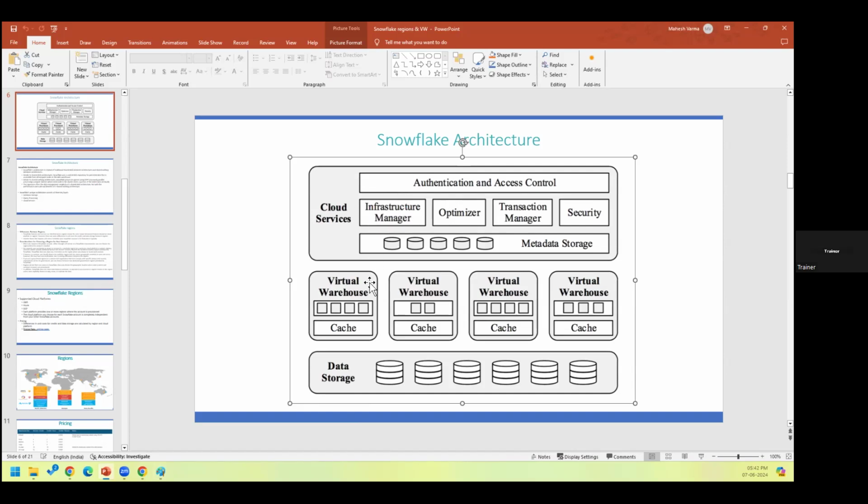Infrastructure is nothing but, again, this layer is responsible for managing the compute layer and storage layer, and also metadata storage. So what is this metadata storage? If you create any database, table names, column names, column data types, all those details will be stored in the metadata storage layer. We'll deep dive. That's not all. There are a lot of other features in cloud services. But as we move into the new topics, we'll come back to this slide and talk about it throughout